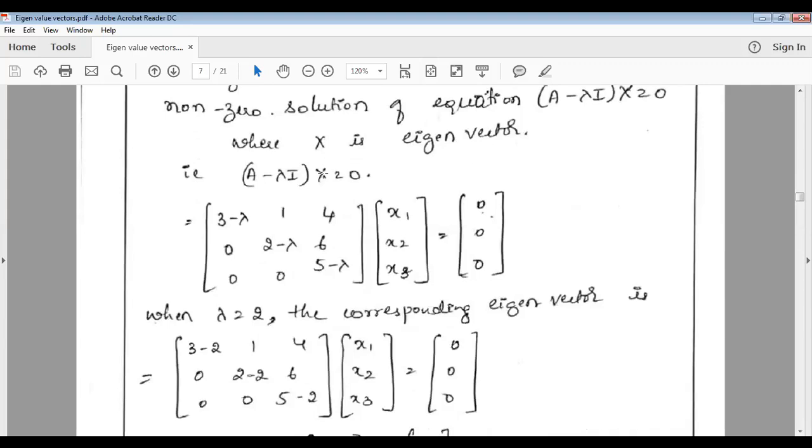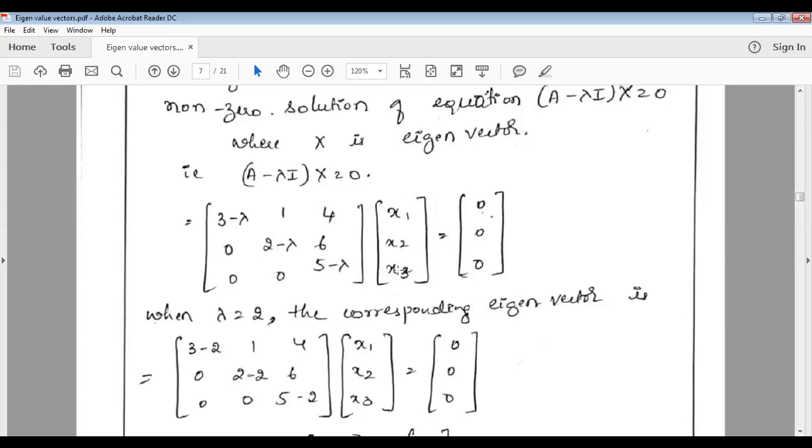So x is a matrix consisting of x1, x2 till xn, and it is going to be an n cross 1 matrix. Now what is the value of n here? The square matrix here is 3 cross 3, therefore the value of n is 3. Therefore x will have values x1, x2, and x3. It will stop at x3, and it will be a column matrix. So I already know the structure of x. It's going to have 3 values, x1, x2, and x3.